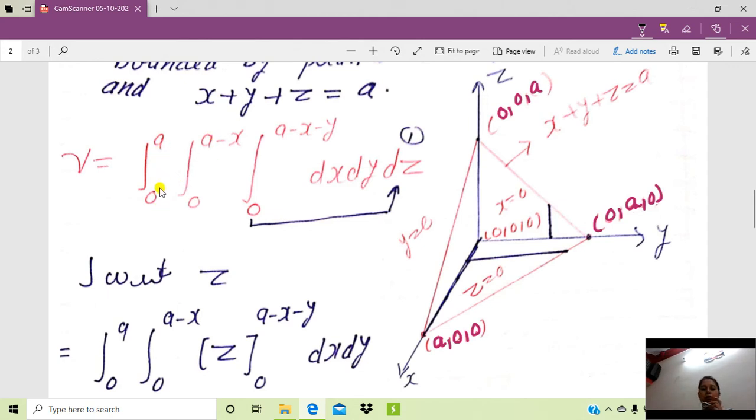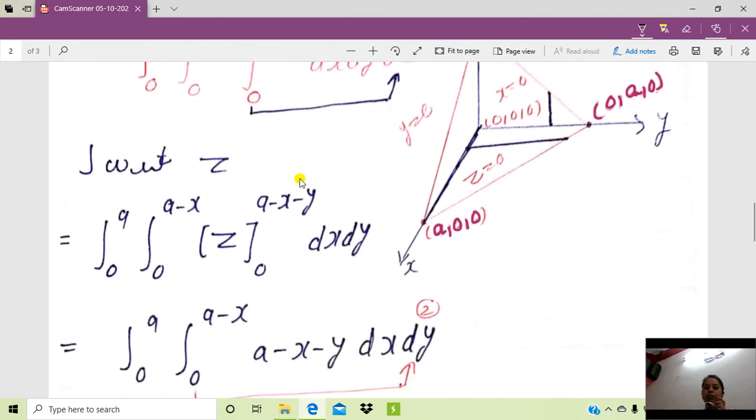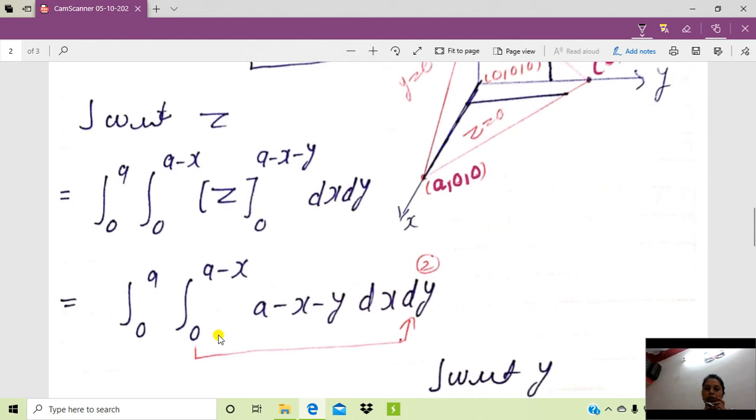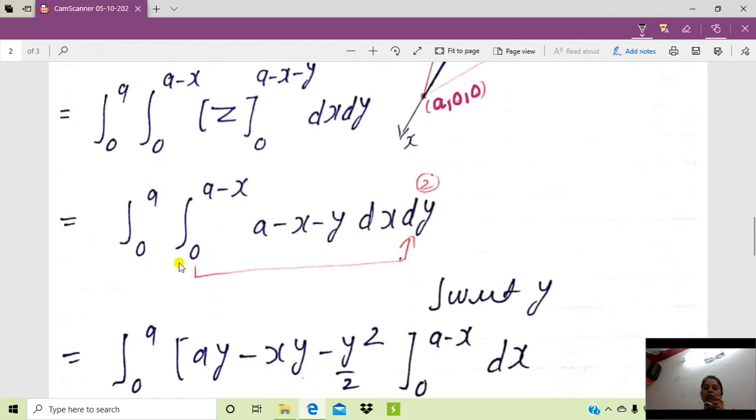And since we have the rule that we have to calculate the variable limits first, and since z has two variables, therefore the order will be first integration with respect to z, then second integration with respect to y, since y also has variable limits, and the last integration will be integration with respect to x. So we first integrate with respect to z. Integration of 1 with respect to z will be z, and the limits are from 0 to a minus x minus y, and we apply upper limit minus lower limit. When we apply upper limit minus lower limit, the integration is now integration between the limits 0 to a, 0 to a minus x minus y, dx dy.